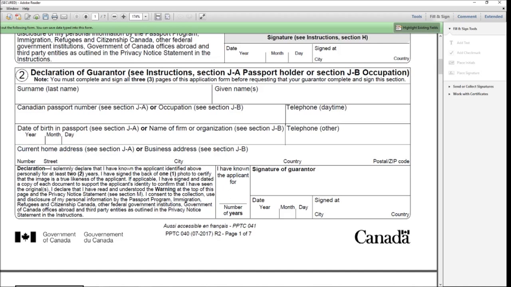And then obviously they will want to read this declaration here. As well as filling in this section, they will also be signing on the back of one of your photos. That's highly important. For sure, do not miss that out. If there's no signature on the back of photos, that's an automatic rejection. So make sure the guarantor, when they're filling this in, they're going to also sign on the back of one of your photos. And then they will list here the number of years that they've known the applicant for, and